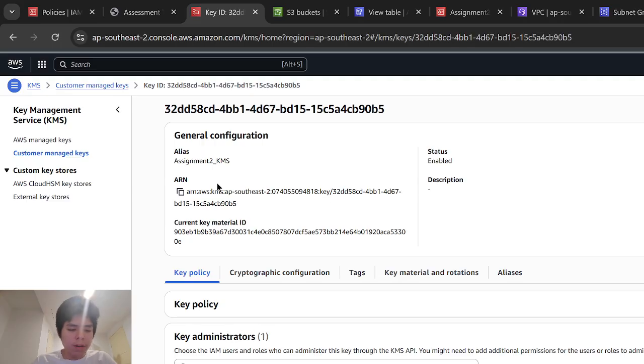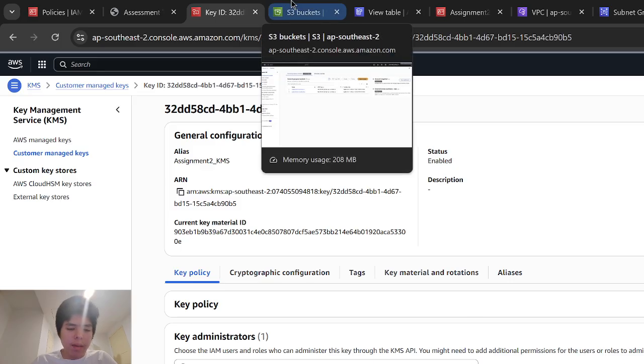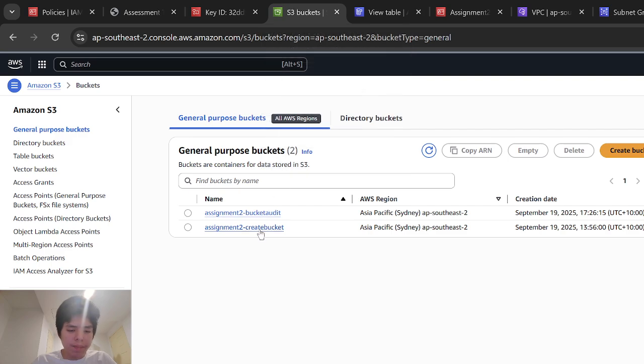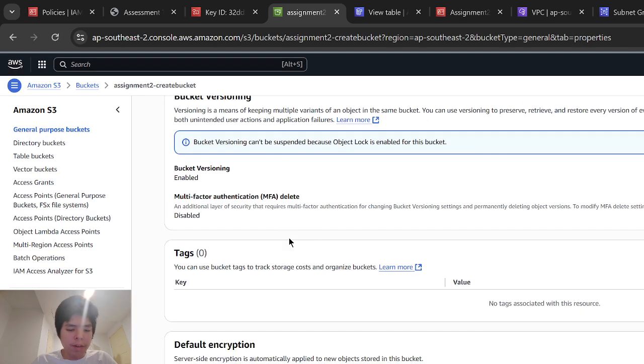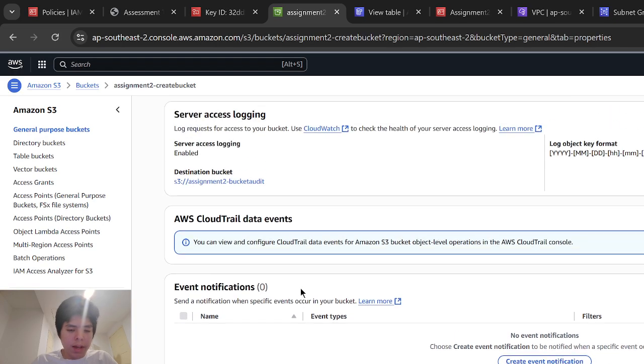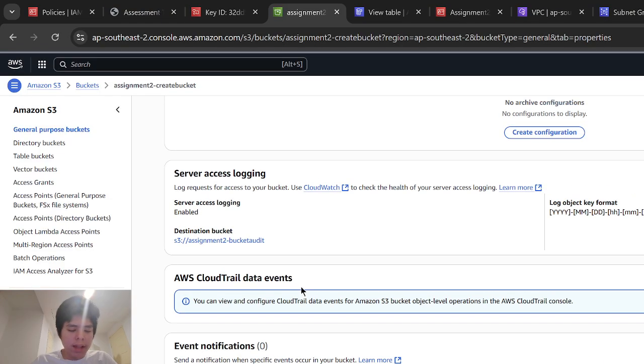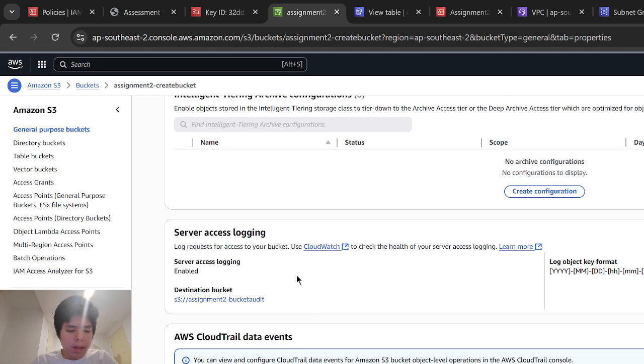This key is for encrypting all data at rest, which uses SSE-KMS encryption. The next thing that I made was a bucket. There are several properties worth mentioning, such as bucket versioning and object lock. This will make the data immutable and recoverable, so that if the data is tampered with, the older version remains secure. There is also server access logging, which sends